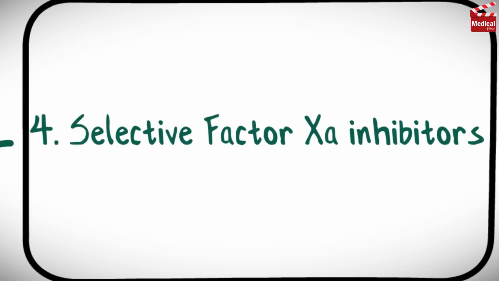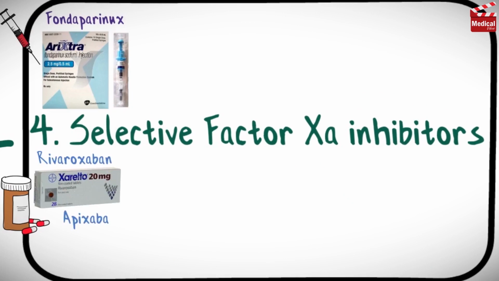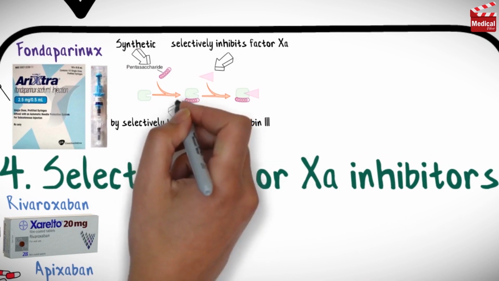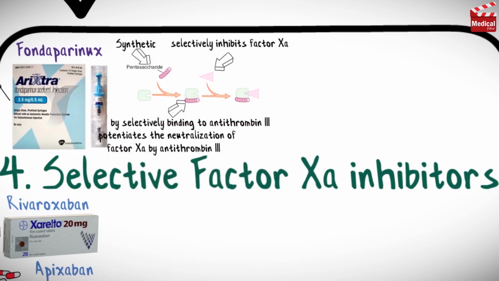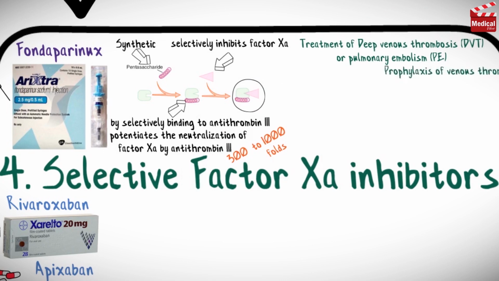This category of drugs includes the parenteral agent, fondaparinux, and oral agents, rivaroxaban and apixaban. Fondaparinux is a synthetic pentasaccharide that selectively inhibits factor Xa by selectively binding to antithrombin III. So it potentiates the neutralization of factor Xa by antithrombin III by about 300 to 1000 folds. It is approved for use in the treatment of deep venous thrombosis or pulmonary embolism, and for the prophylaxis of